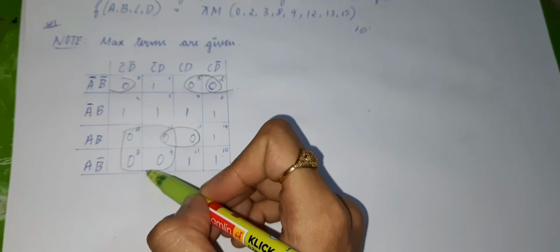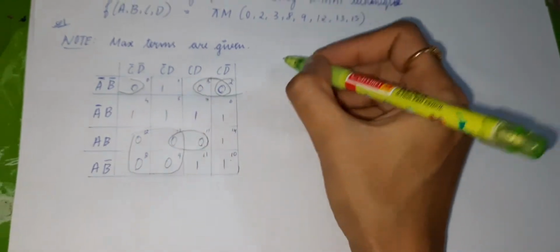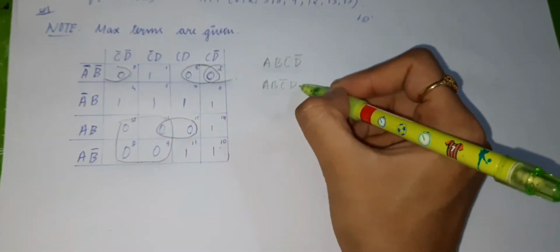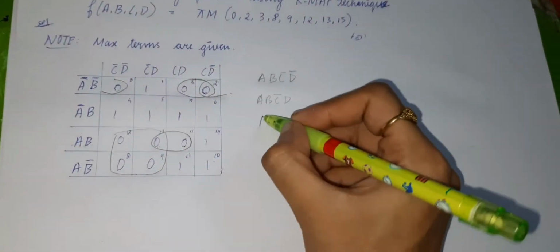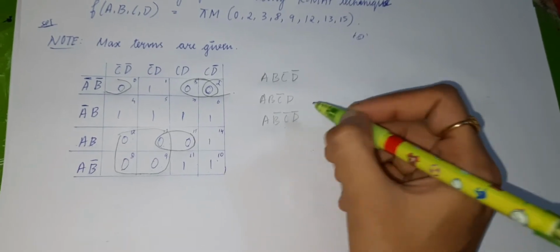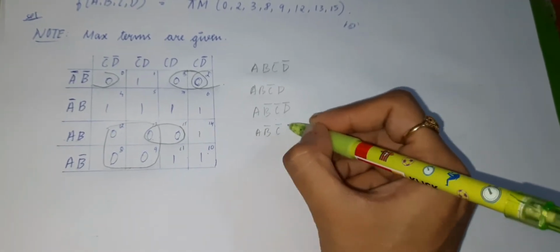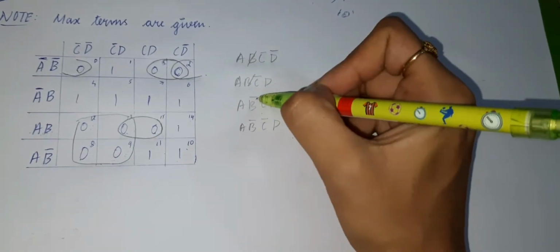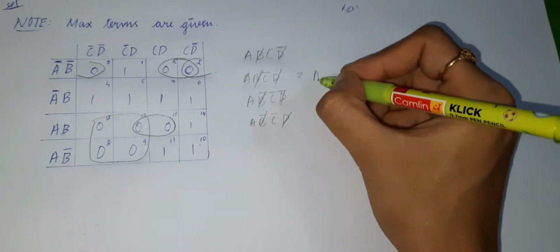So let's take this quad group, and this 0 in this group can be represented as A, B, C bar, D bar. Write down that A, B, C bar, D bar, and this 0 A, B, C bar, D, and the next 0, that is this one, A, B bar, C bar, D bar, and this 0 A, B bar, C bar, D. After writing like this, cancel the opposite terms, that is B, B bar get cancelled out, D bar, D, and write down the remaining one, that is A, C bar.